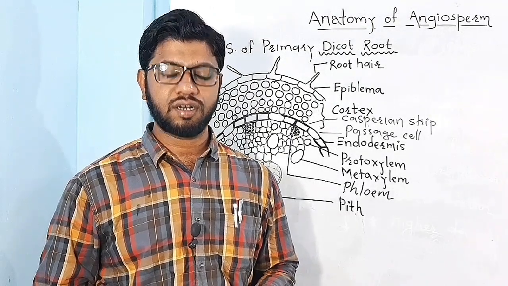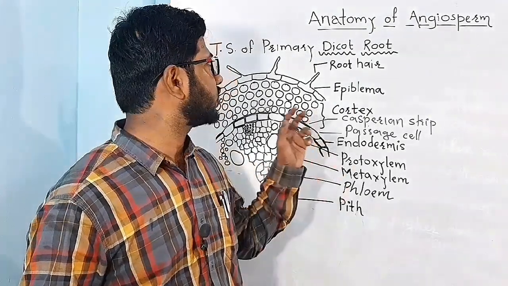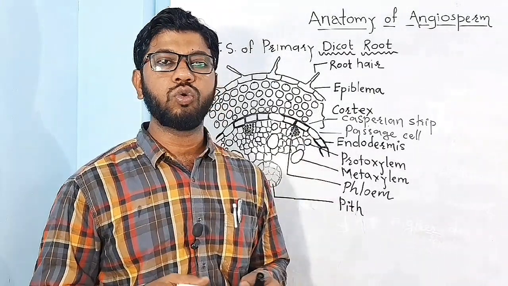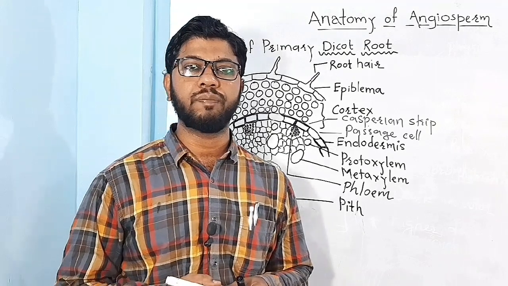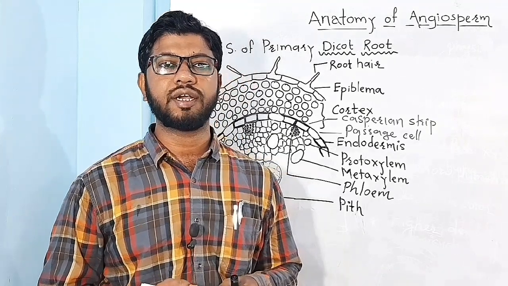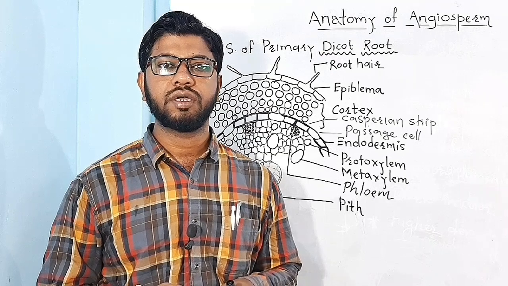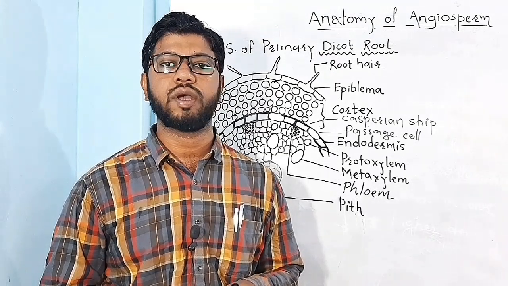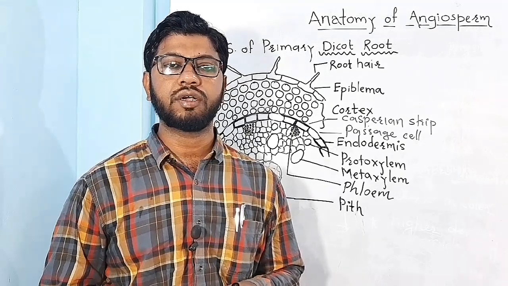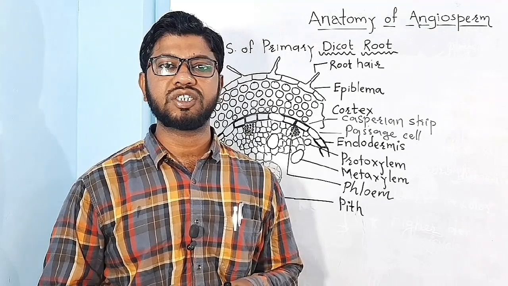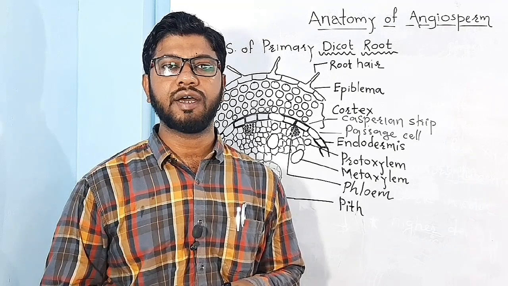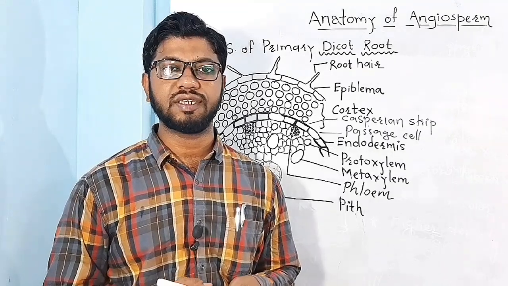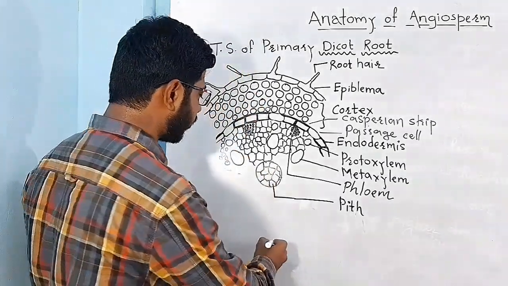In this video lecture, we are studying the transverse section of dicot root. We know that root is an underground organ of the plant. The most important and primary function of the root is absorption of water and mineral from the soil. In case of dicot, the primary taproot emerges out from the radicle. Radicle is an end point of the embryonal axis. So this radicle forms the primary